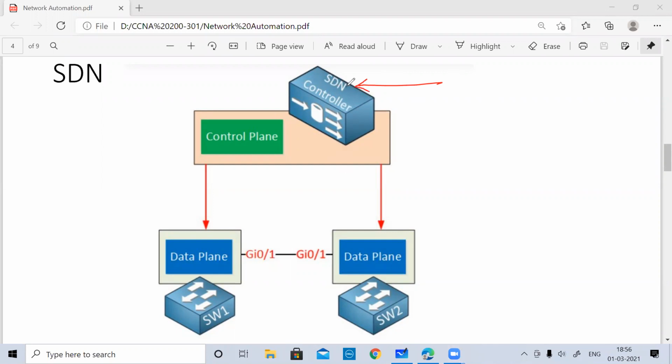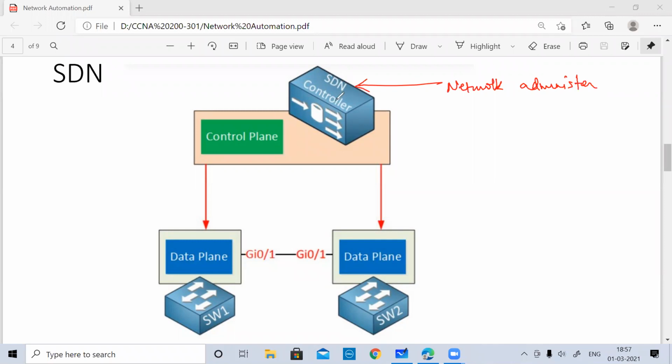Maybe you can say that you want to retrieve some information from the controller, get some statistics, understand how many networks there are, or what the topology of the network is, or get information about the VLANs, or you want to create some VLANs. For that, you will again need an interface, which will be useful for the network administrator to get all the information.